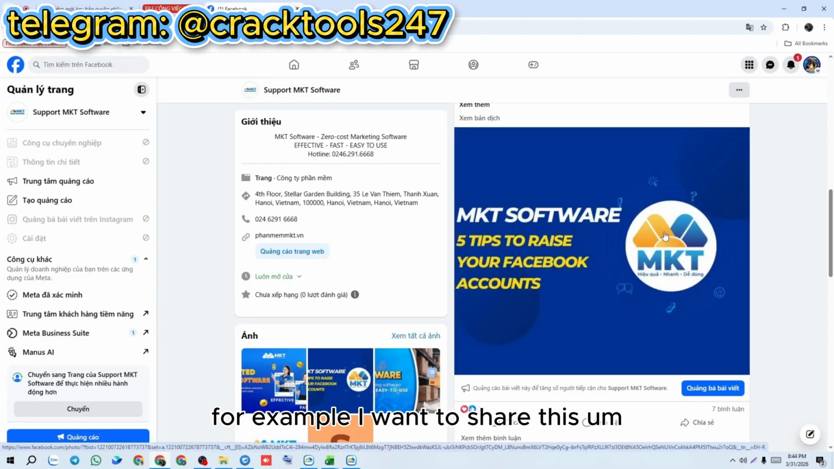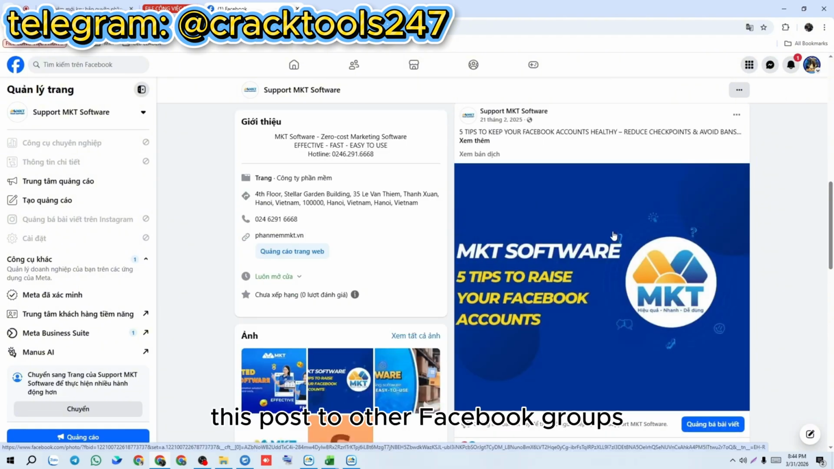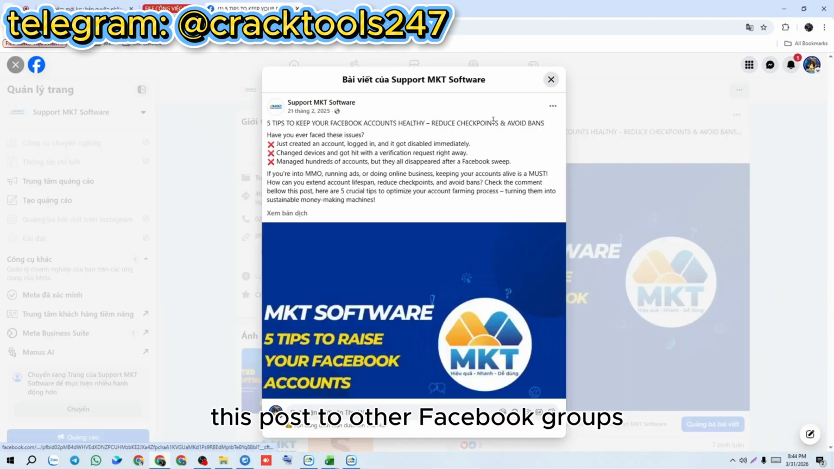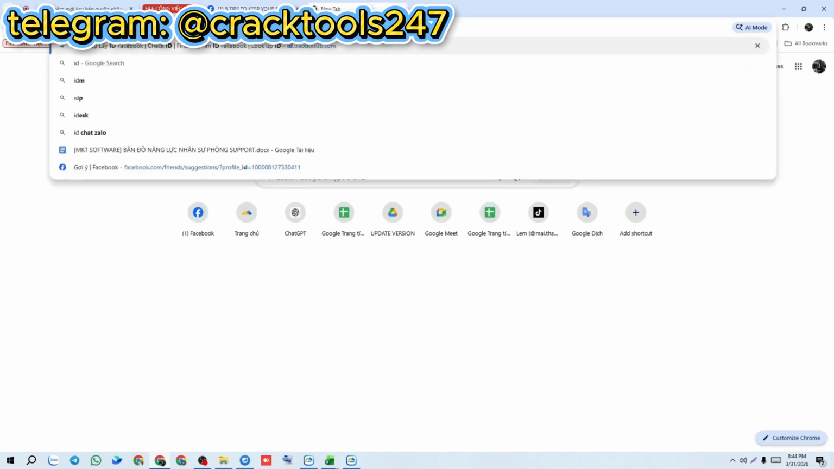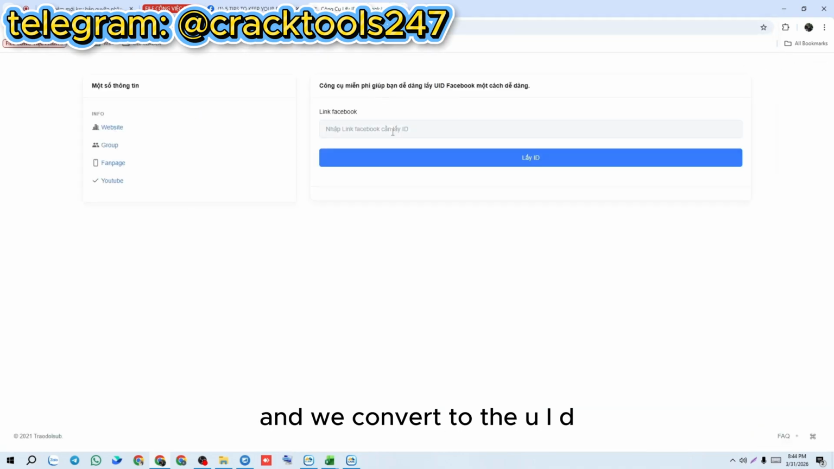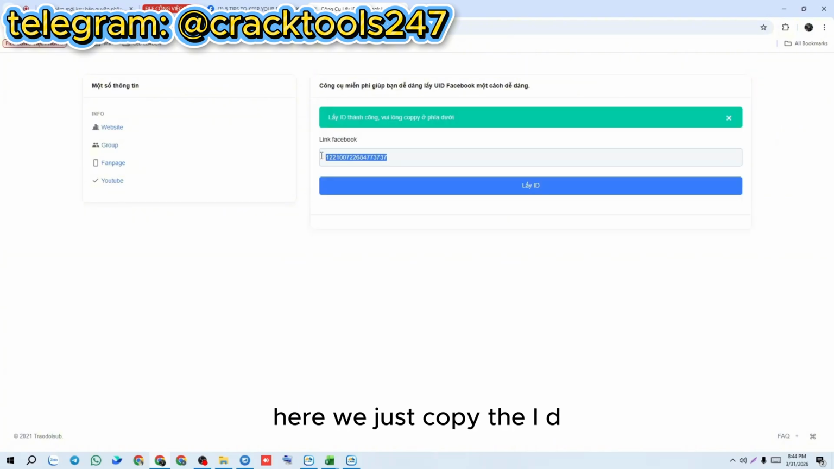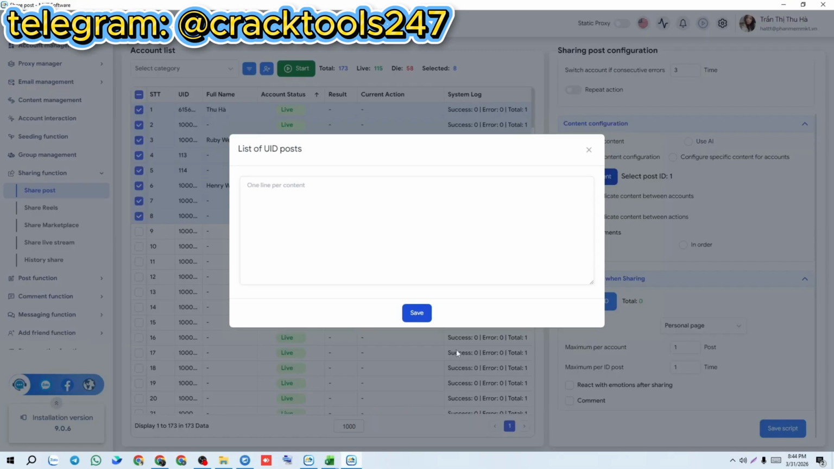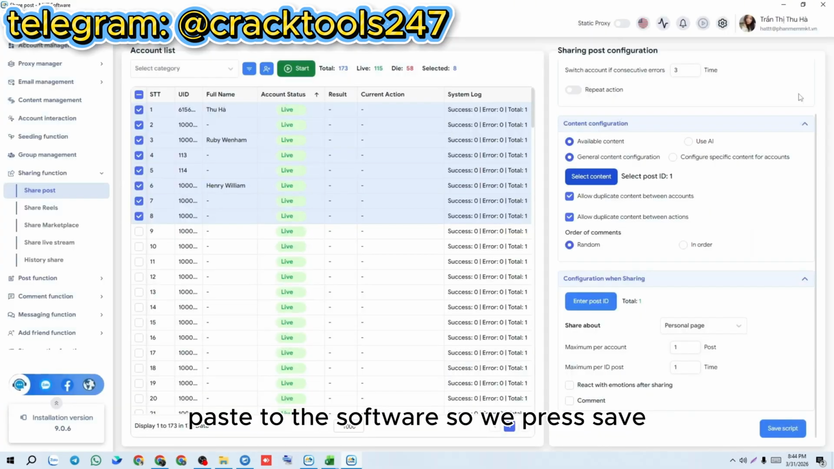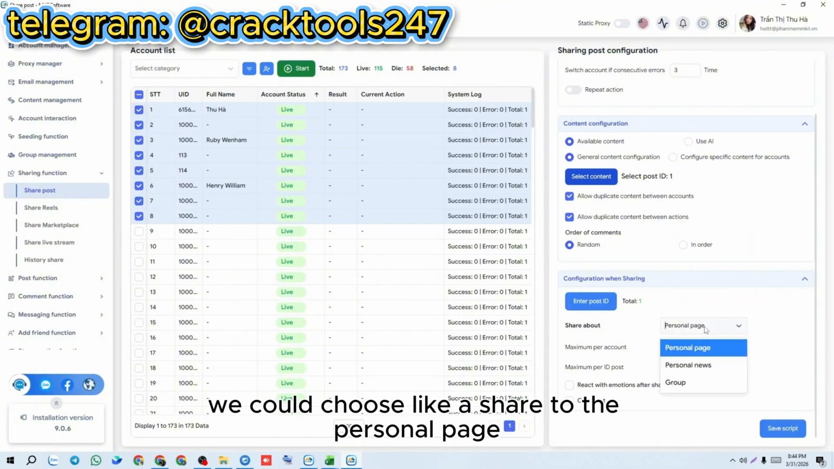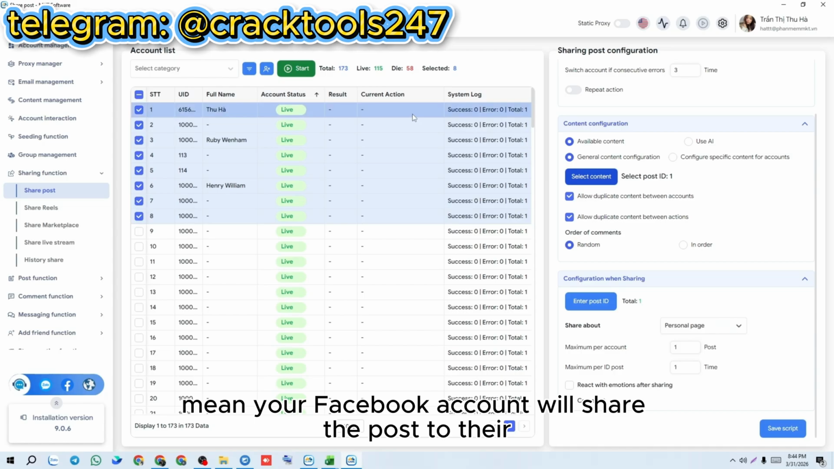For example, I want to share this post to other Facebook groups, so I take the post link and we convert to the UID. Here we just copy the ID and paste to the software. So we press save. We could choose like a share to the personal page, mean your Facebook account will share